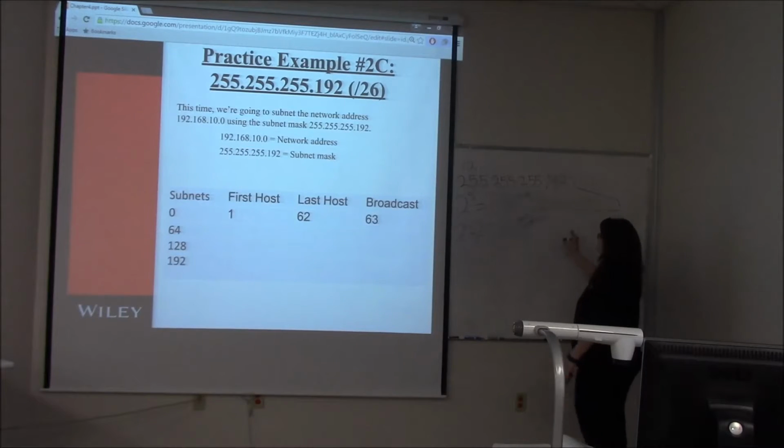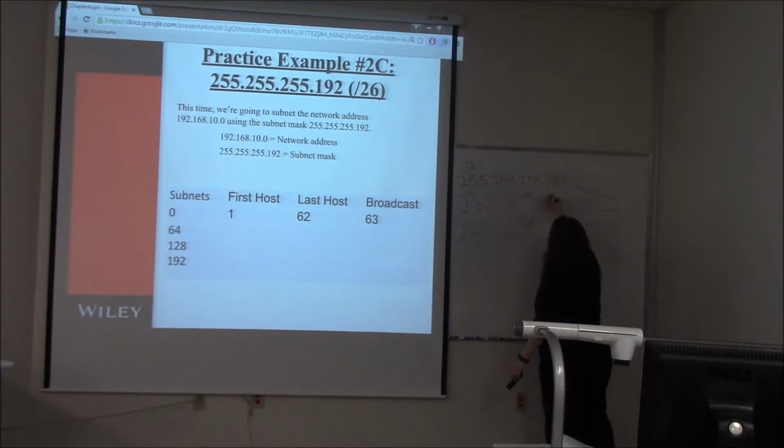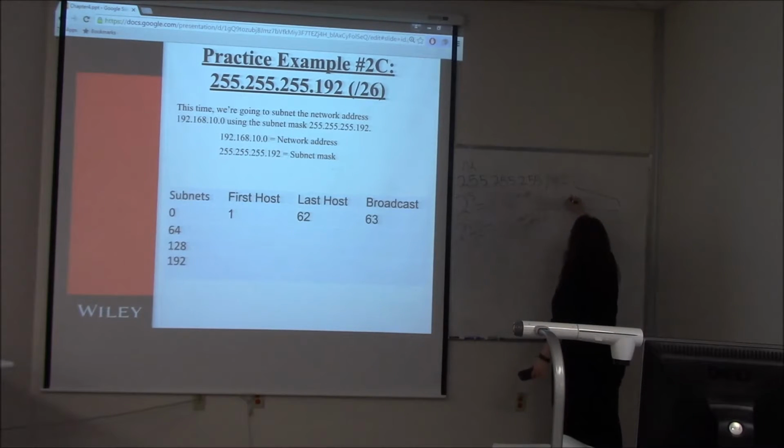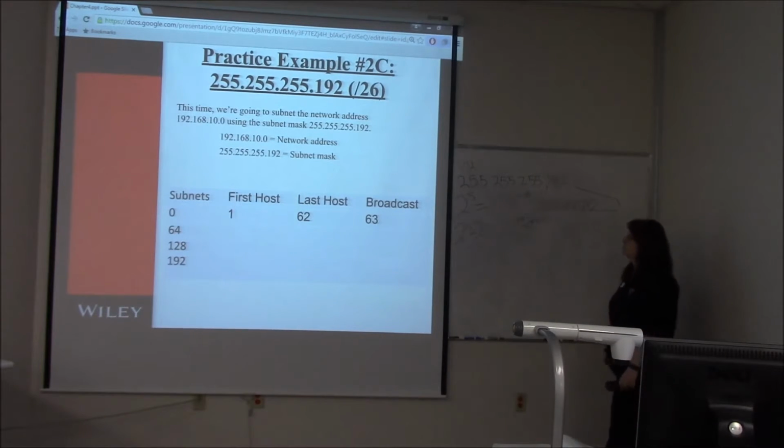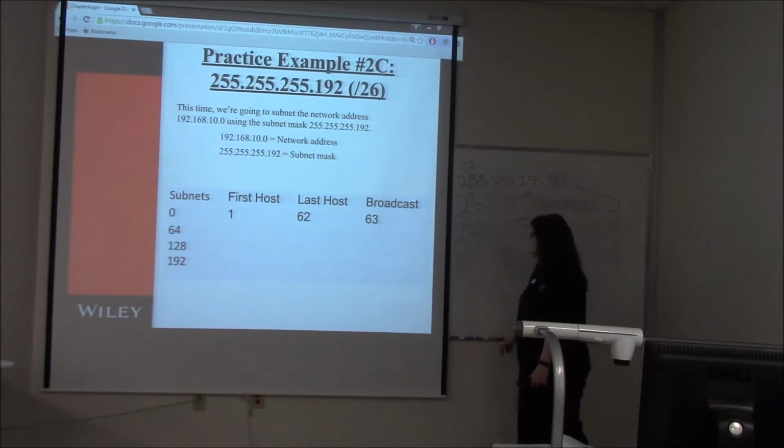When we convert that to binary, it's going to look like this. Because 128 plus 64 equals 192. So going by this chart,